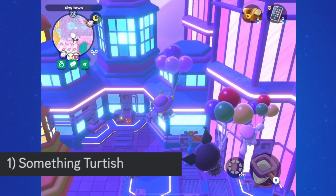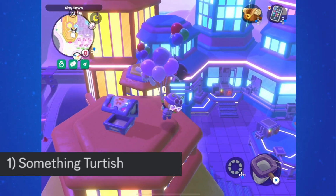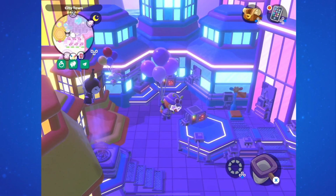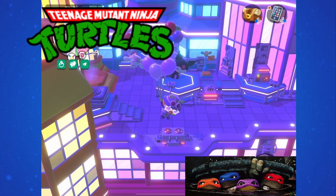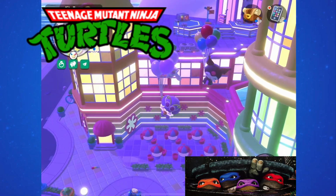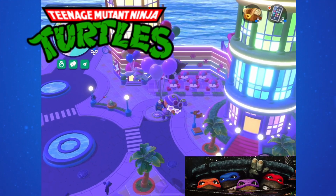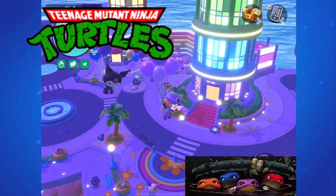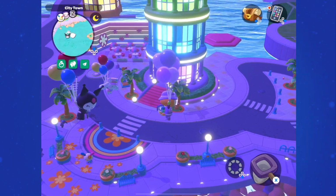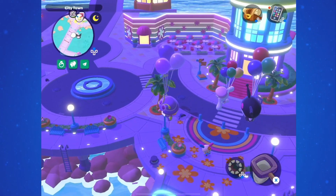The first clue says something turtish, so something turtle-like, and this could go in so many different directions. Of course, we've all been joking about Teenage Mutant Ninja Turtles because sewers, so maybe we could see something like that, maybe plot lines that relate to that, maybe a storyline with Matsmaru continuing the superhero themes in the sewers, maybe a secret hideout, maybe it could be new clothing like a turtle shell, like a turtley backpack maybe, or